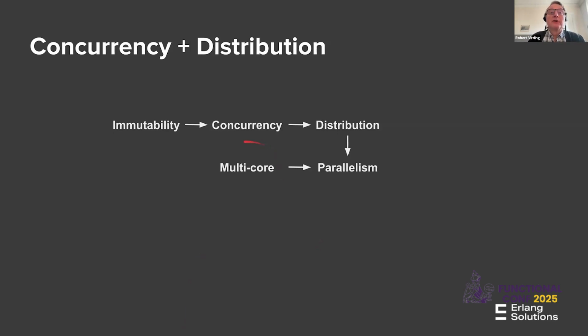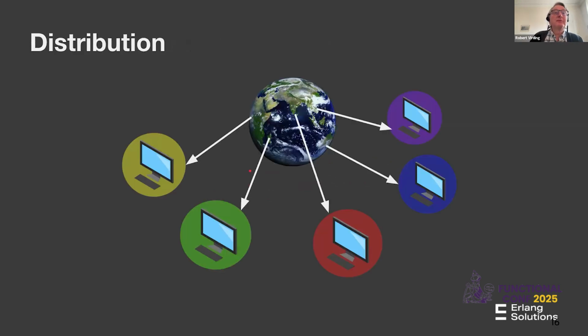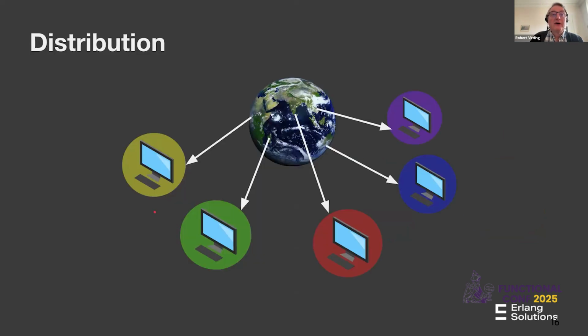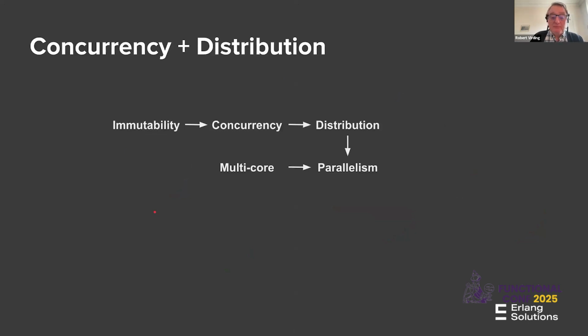So even when you're running multi-core, you are actually doing things in parallel. Yes, you can actually share data between the cores, but then you're running into the same problems as we were seeing here. If something goes wrong here, if one of these concurrent processes crashes, it can ruin the data for the other one because they're sharing. I mean, in this case, the blue might crash while it's updating data for the red, and the data will just be a mess. So you can do multi-core, but to get the best out of multi-core, you need to stop sharing, using immutable data and passing things around with messages.